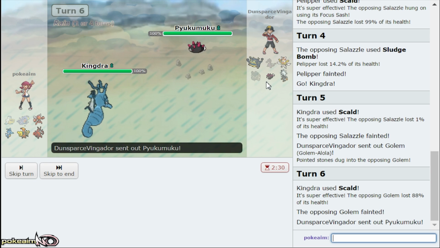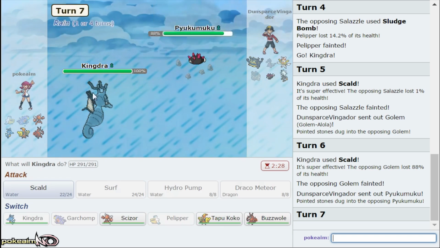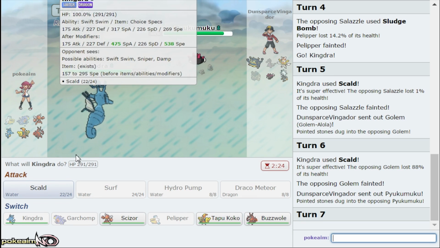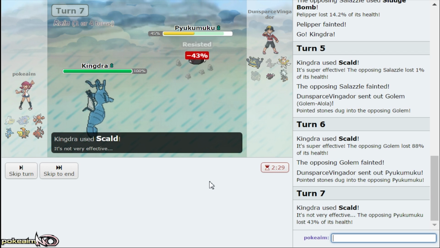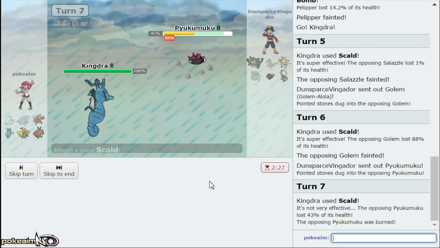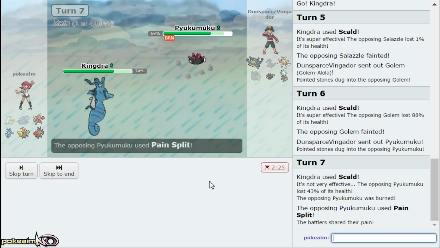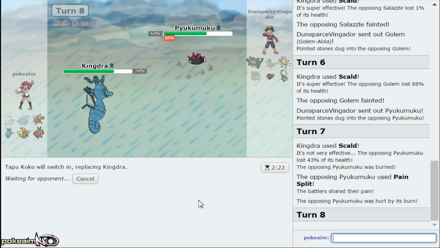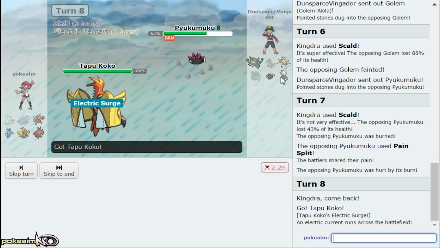I think that's the only thing I can stay there. The Pyukumuku is out, and, oh, this is going to be a pain in the butt to kill. I'm going to Scald it just to get off damage, so Thunder can knock it out without me losing all my HP. So, yeah, I'll be able to go out into my Tapu Koko now, which kind of wins the game as well, but...